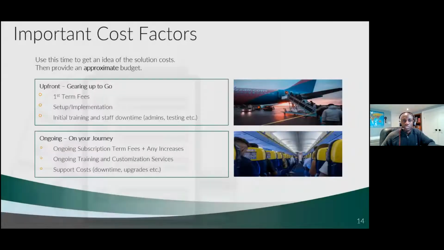with those solutions. And there are a couple of cost factors, especially when it comes to technology. And this is where I would suggest, if you haven't already, reach out to those different providers or vendors that you're really interested in and start getting an idea of the approximate budget. But do it with the following cost factors in mind,